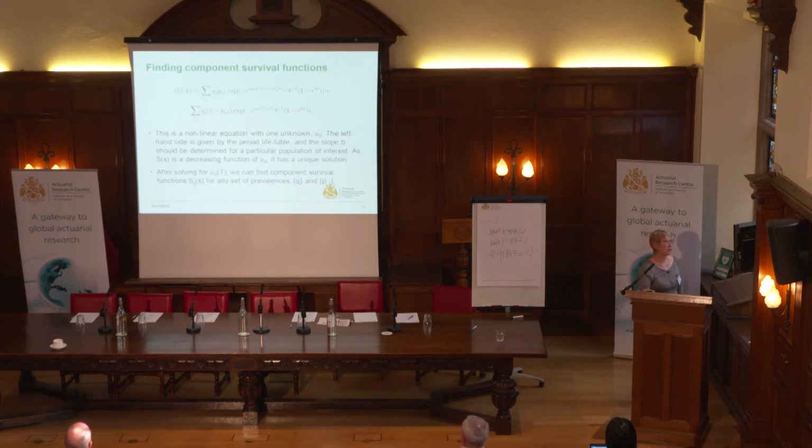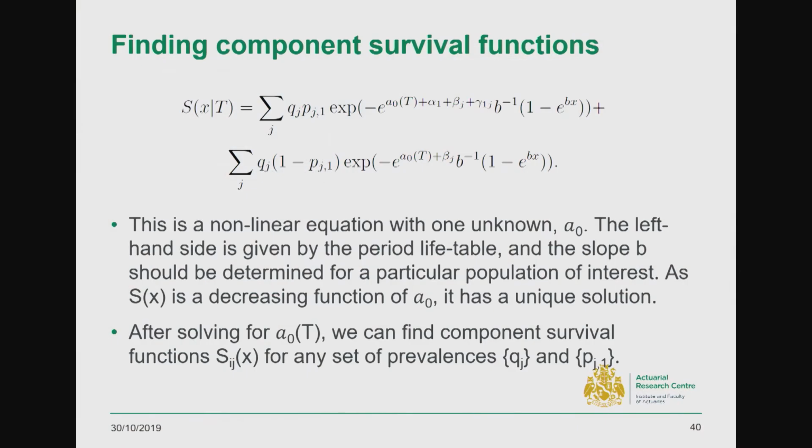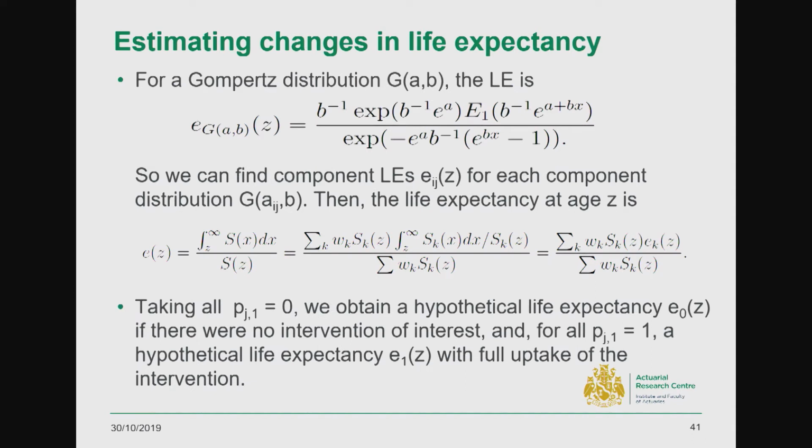So this is what I already said, so I won't dwell on it once more. That's what I'm going to do. I'm going to solve for A0. And then I will know everything about component survival functions. Well, after I know survival functions, and because we are dealing with Gompertz distribution, we also will be able to calculate various life expectancies for our